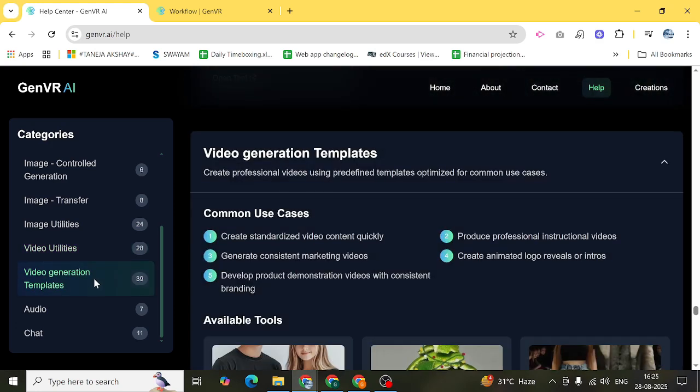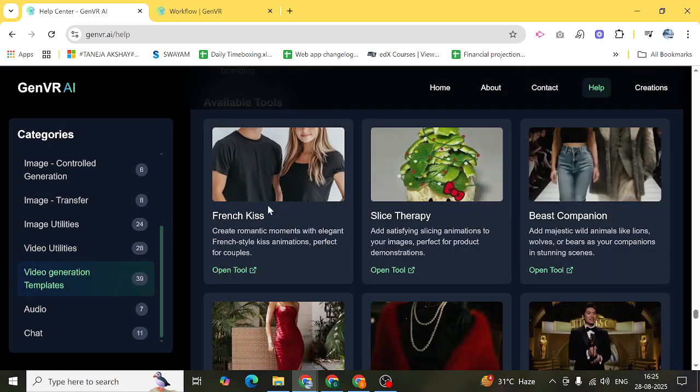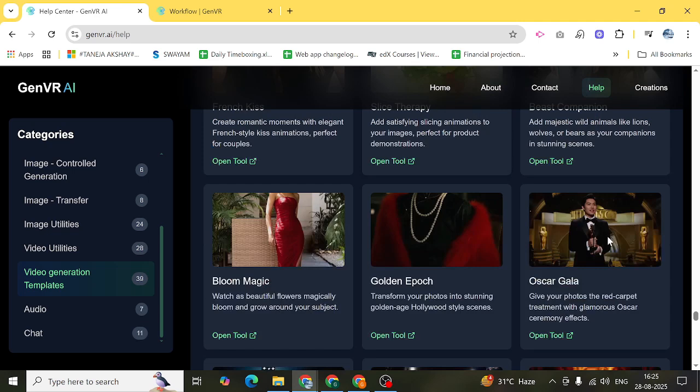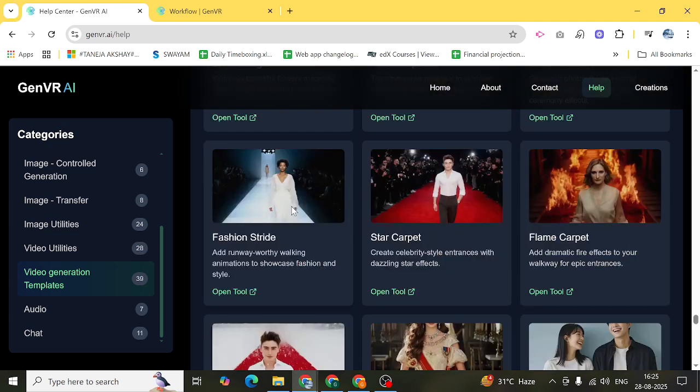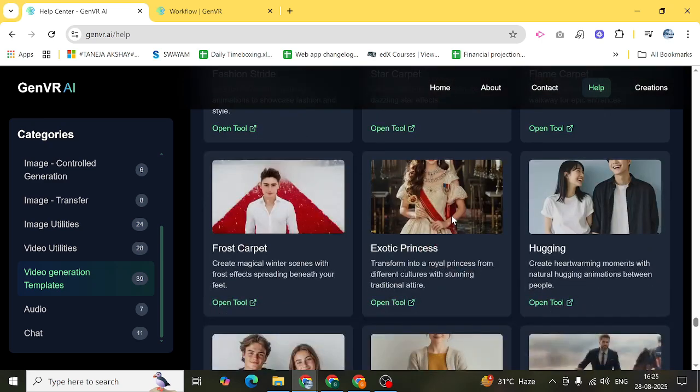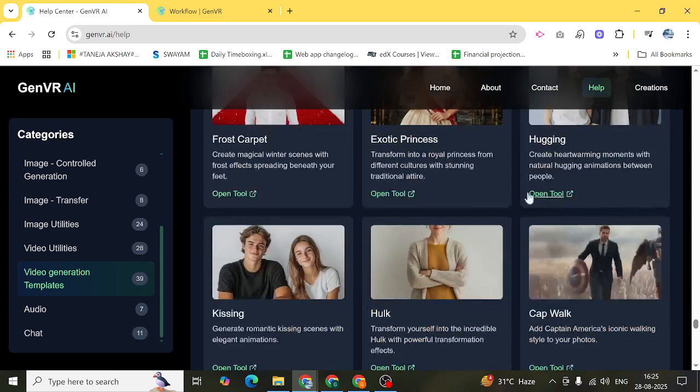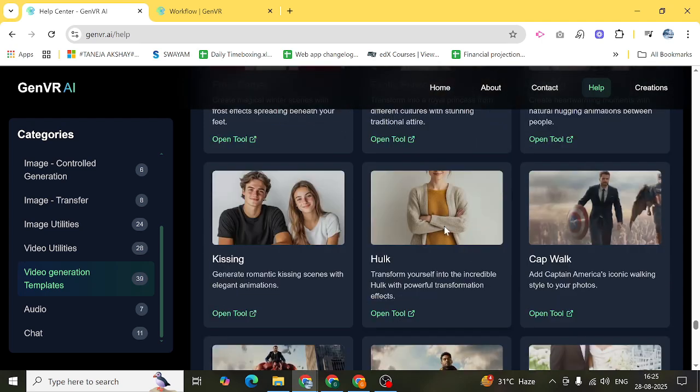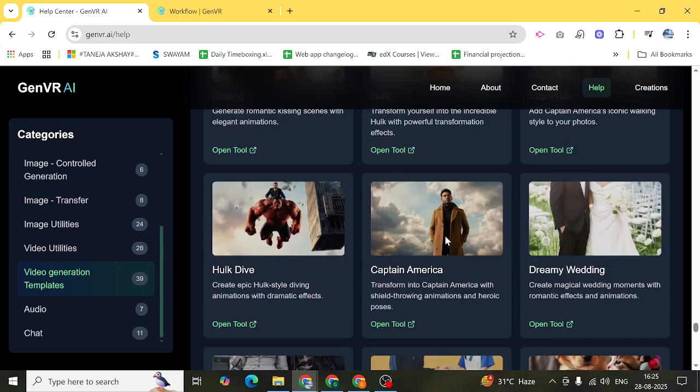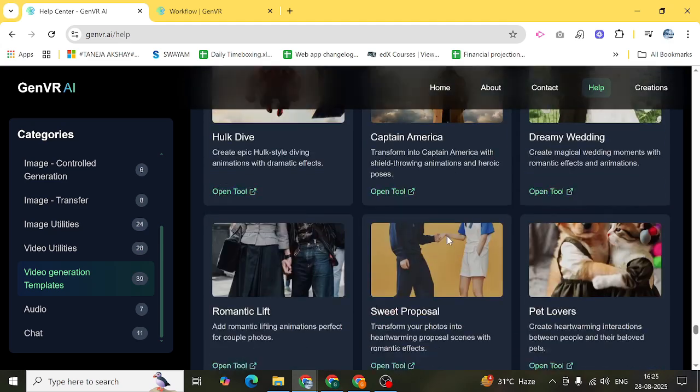These are all the templates. So these are some of the effects like French kissing, slice therapy, bloom magic. You can basically run some person on a fashion ramp walk, etc. Some of the effects are very romantic, like hugging and kissing and these kind of things. Some of them are quite funny, like this is a Hulk transformation effect, this is a Captain America effect, and